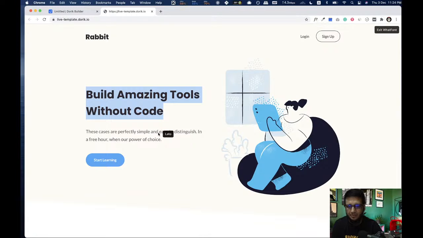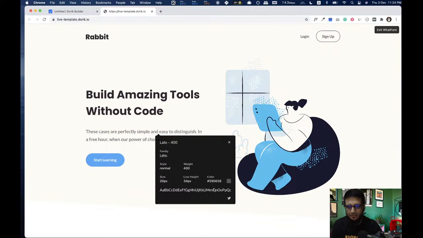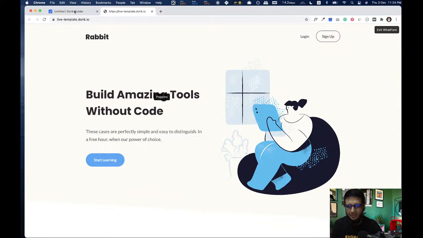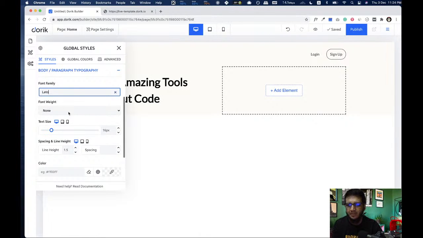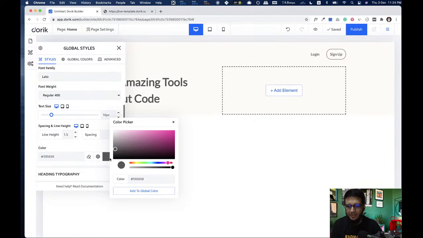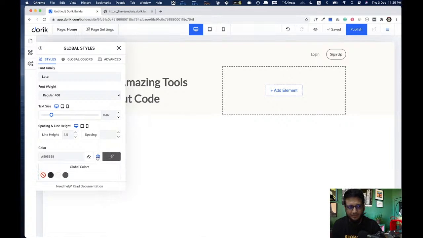So our body font is Lato 400 and color is this one. So I can search Lato and regular and color. We can add this color to global color, so we can use it later.